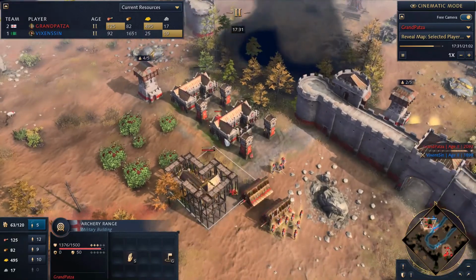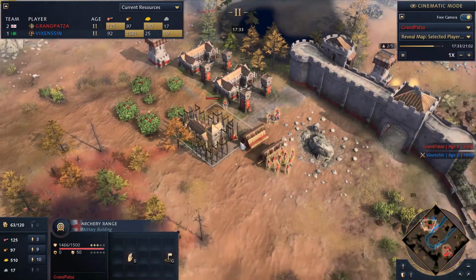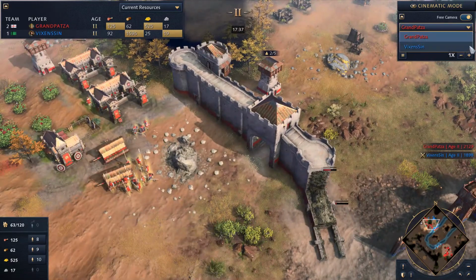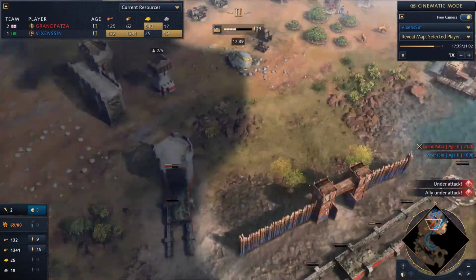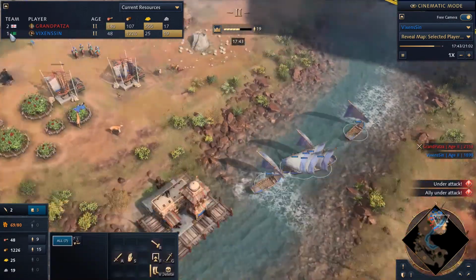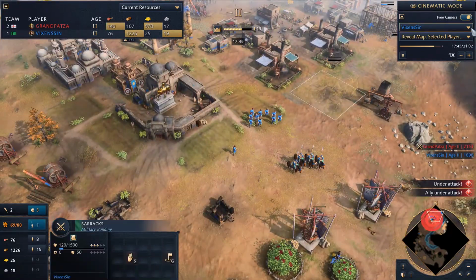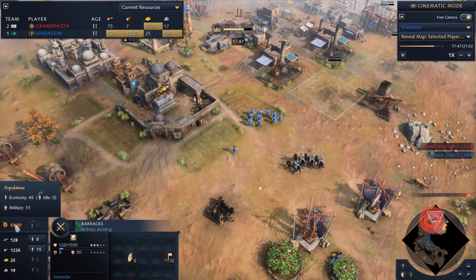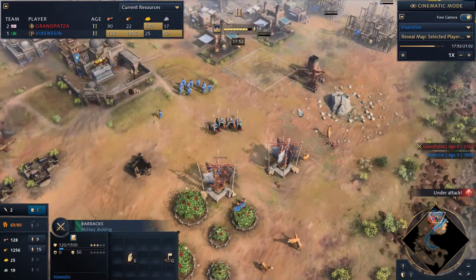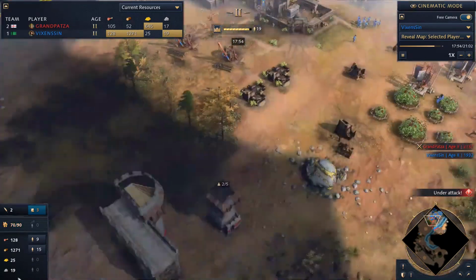You can see how I'm building an archery range with my 8 HP villager. And my opponent has got 45 and 31. So 45, and that doesn't include the 7. So he's got 52 economic units plus 24 military. 24 true land military units. Okay, so